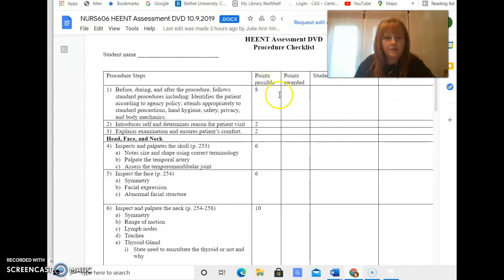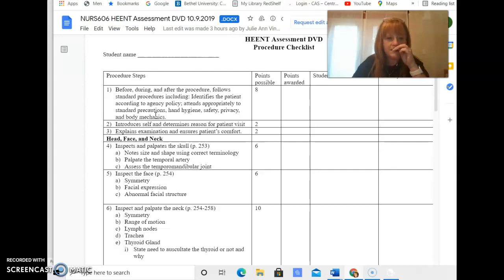So before you video yourself, go through and read this and become familiar with every single point that we're looking at so that you can get the maximum number of points for each different section. So for example, in step 1, before, during, and after the procedure, follow standard procedures,